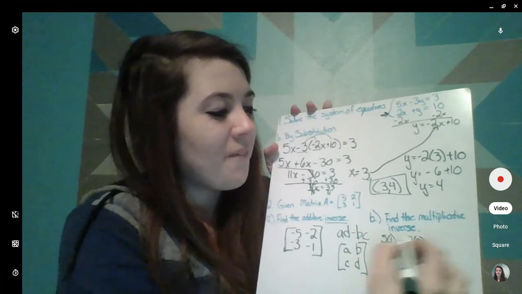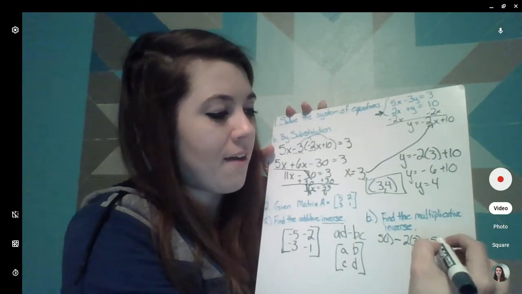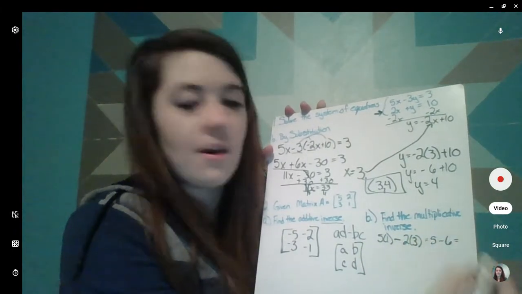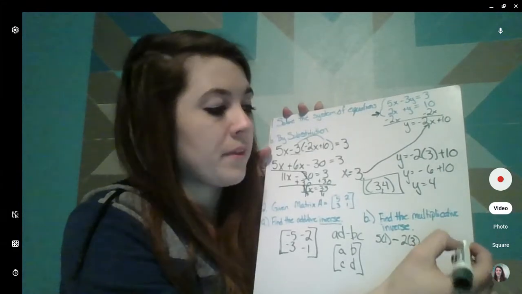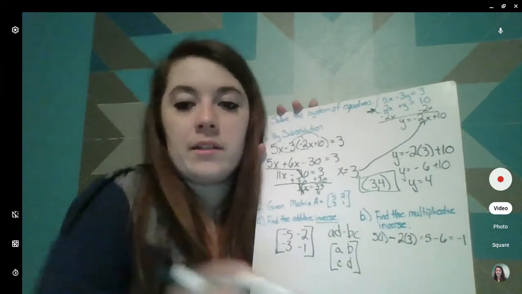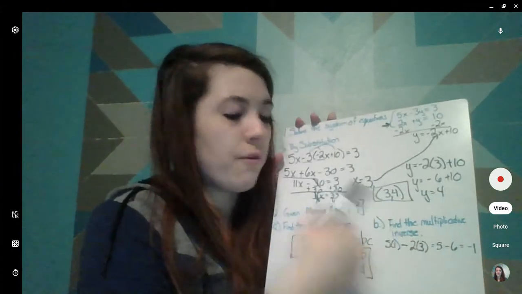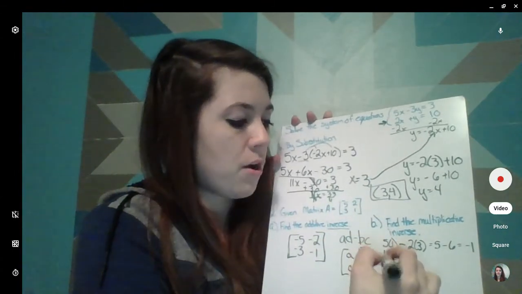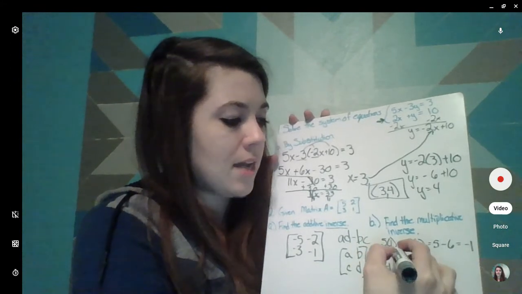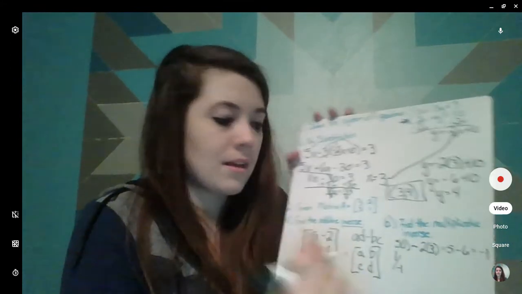Okay, so we have 5 minus 6, which is going to give us -1. Excellent. Okay, so that is our determinant. Now for our inverse, we're going to do 1 over the determinant times, now this is the fun